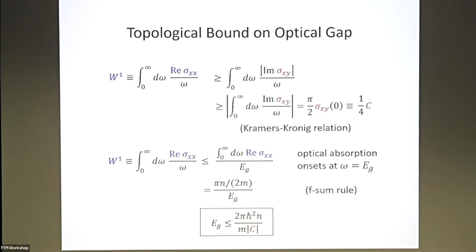When EG goes to 0, does the result depend on how the real part of sigma xx becomes as a function of frequency? Yeah, definitely. When the system becomes metallic, there's a lot of interesting physics. But even before, when EG is small, this still holds. Yeah, this also holds as long as the gap is non-zero. You mean this formula? This formula always holds as long as EG is finite. When EG is 0, it's strict.